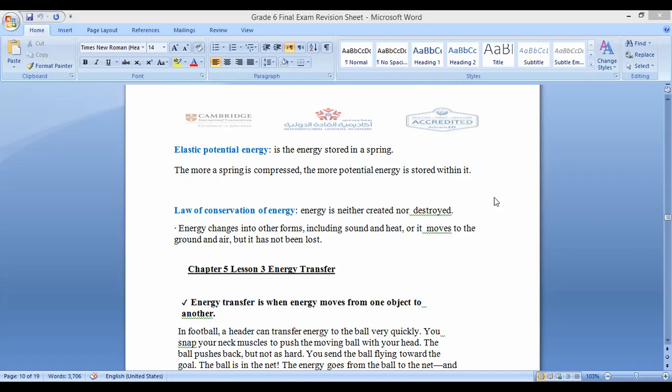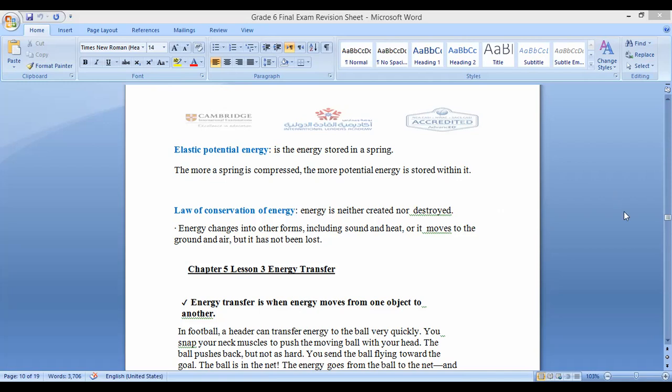Zena and everyone, thank you Kareem, the energy will always be transferred from the object which has more energy to the object which has less energy. Your hand will become hot, right? It means the energy transferred from the cup to your hand. Okay Zena, do you understand? Okay, so energy transfer is when energy moves from one object to another.